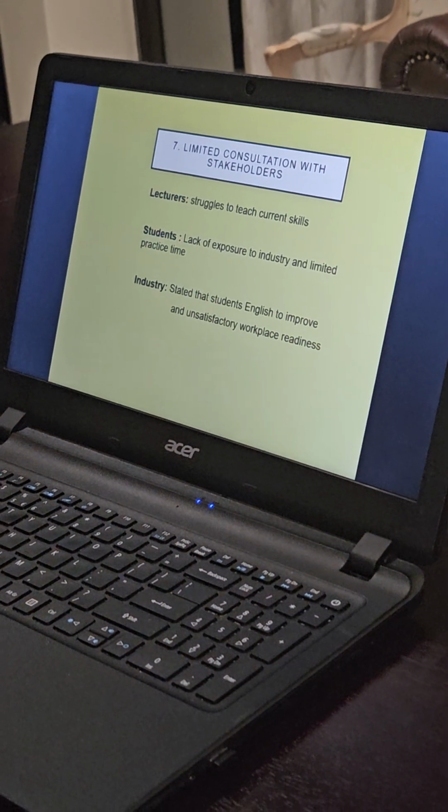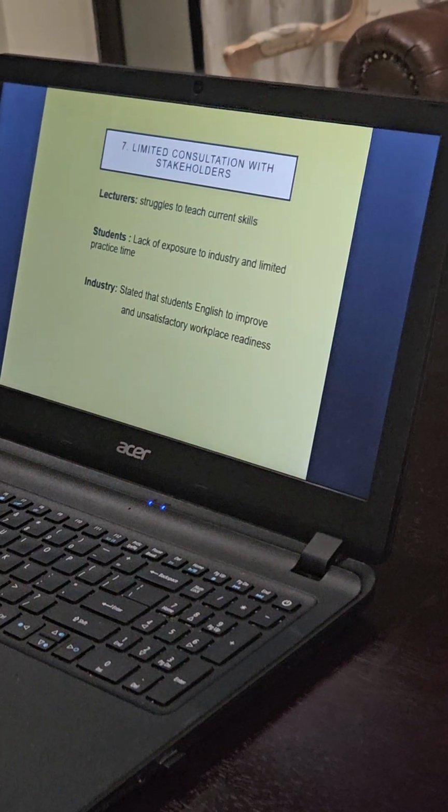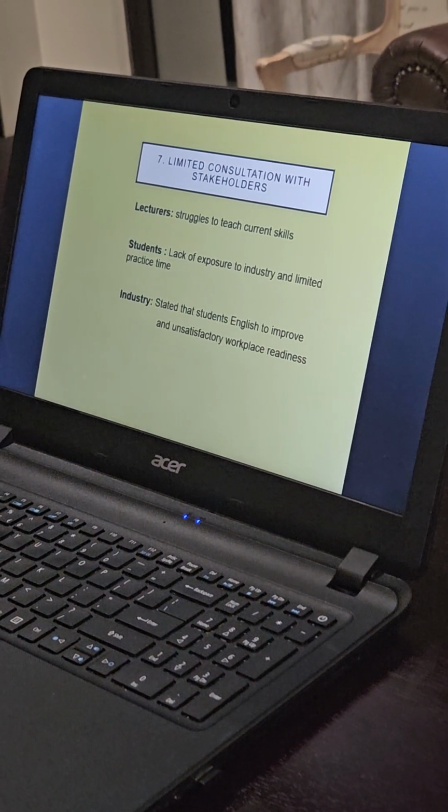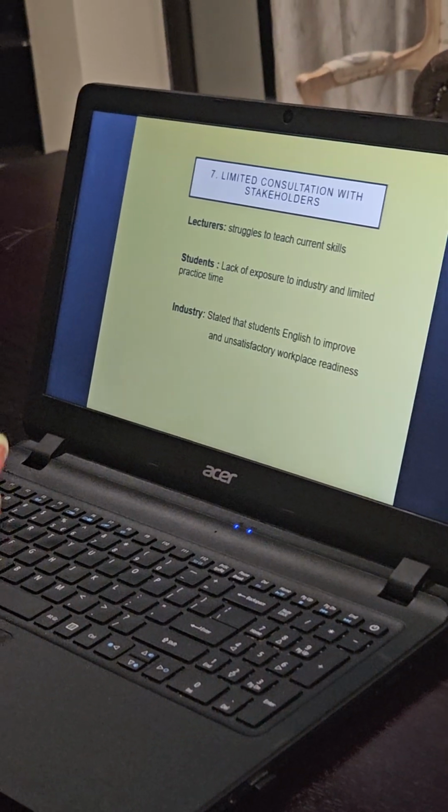We've seen that we normally don't communicate much with our stakeholders, hence we wanted to have that consultation so that we get to understand what their challenges are when they teach their students. Lecturers said that they struggle to teach the current skills because the two worlds are not meeting: the world that we are in as colleges and the world in which the industry is actually now testing